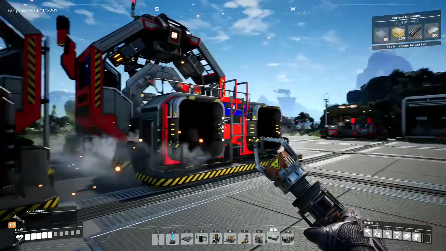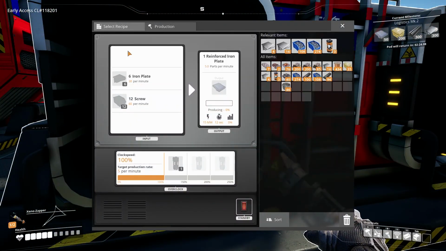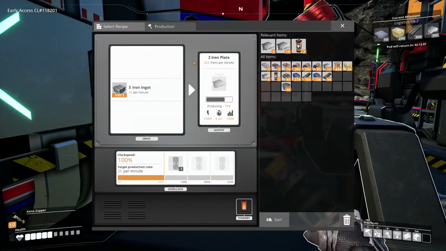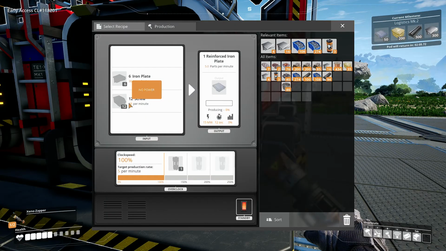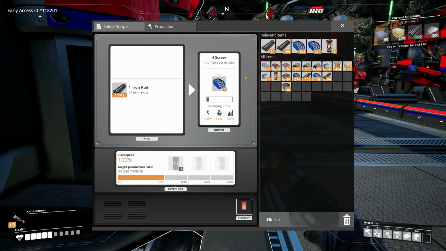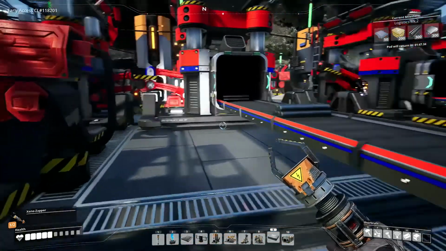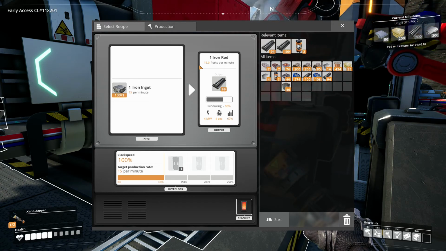Alright. So I have 2 assemblers set up side by side because we need to automate rotors and reinforced iron plates. So if we go in here and we choose reinforced iron plates, it takes 30 iron plates per minute, and one constructor producing iron plates produces 20 per minute, so we're going to need 1.5. It also takes 60 screws per minute, and one constructor produces 40. So we're going to need 2 constructors making screws in order to do that. Well, one constructor for screws takes 10 iron rods per minute, and the iron rods are produced at 15 per minute. So in order to supply 2, we would need